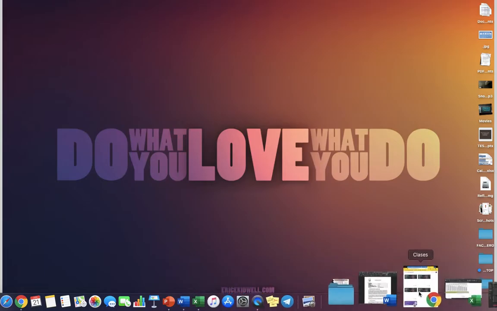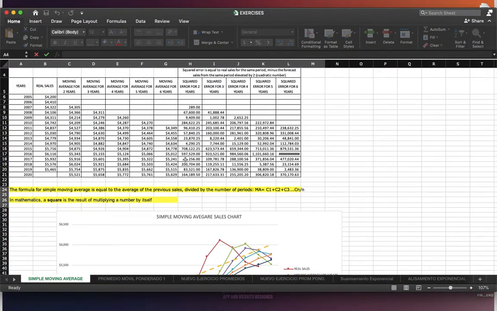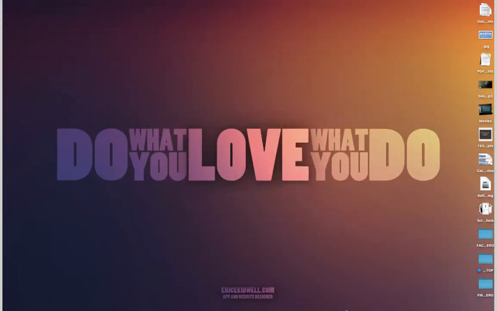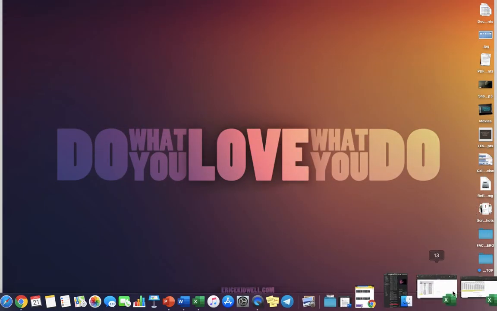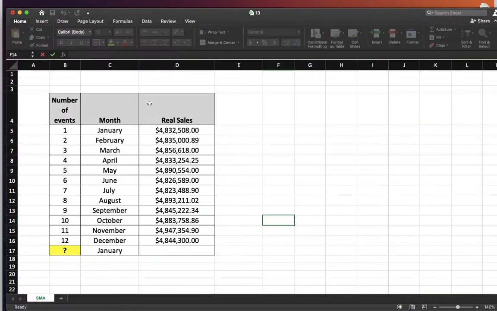Today I am going to show you how to do the quantitative method named Simple Moving Average. All of you, each team is going to receive a chart similar to this. Of course, the sales will be different. Each team is going to have different sales. Now, suppose that I'm team number one, and these are my sales, and I have to start working with my